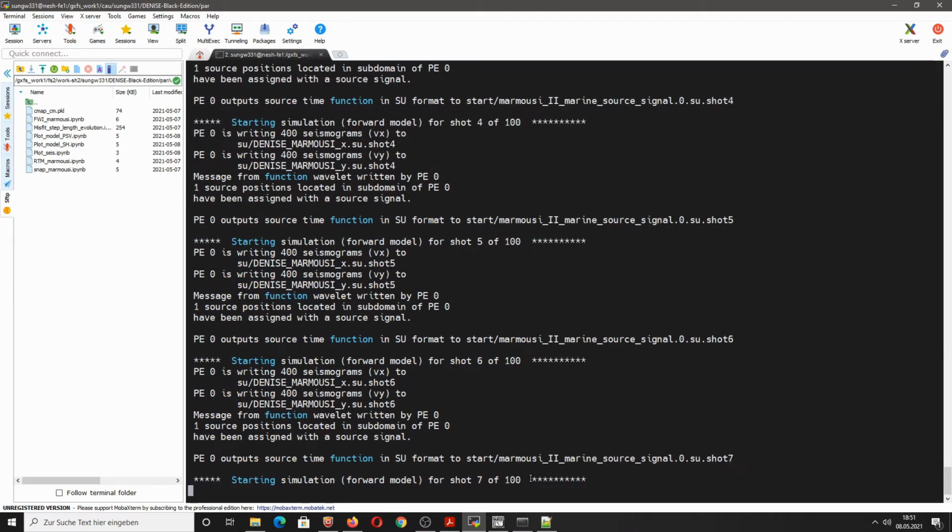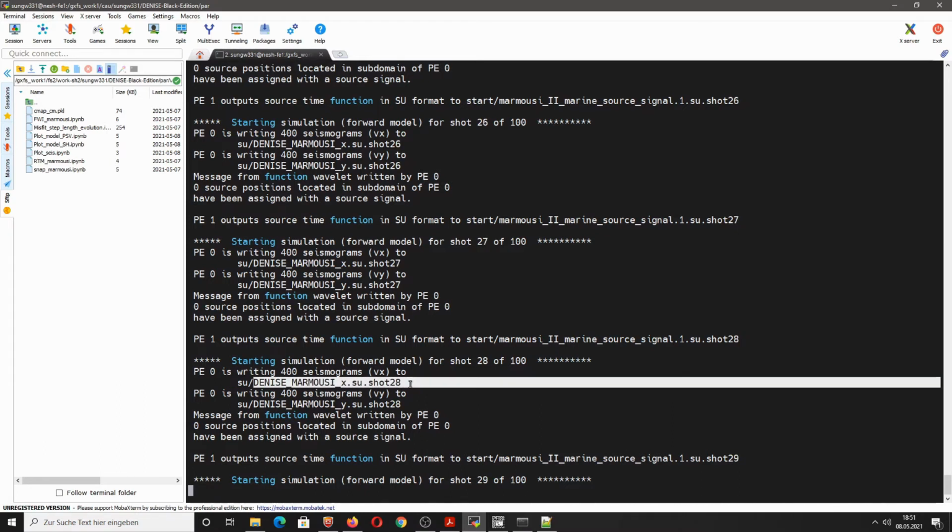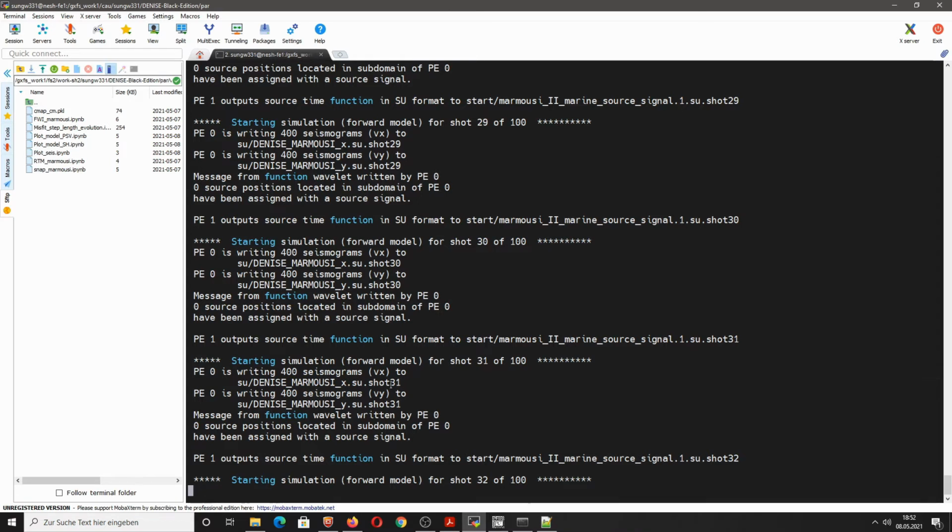So actually it will take each shot from the source file and then compute the forward seismograms for that. You can see it here. We have shot 18 of 100, and then it outputs the shot gathers for each shot. So we have here the shot gathers in the x component and the shot gathers for the y component.